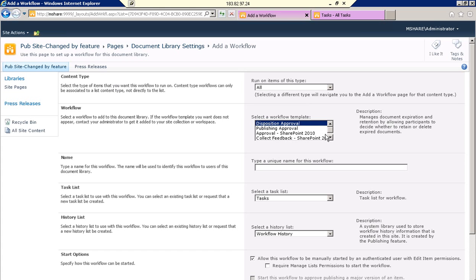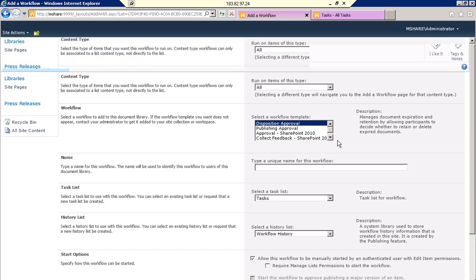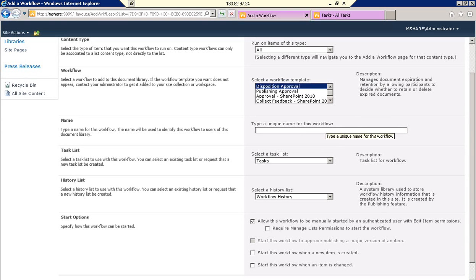The workflows. So all these are out of the box workflows except the one we created, which is not shown up here anyway. So workflow, and then the name of the workflow, the instance for which you want to give a name,